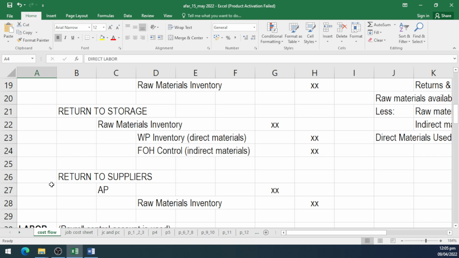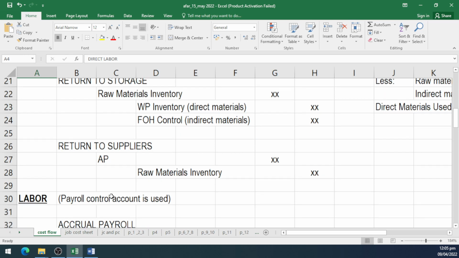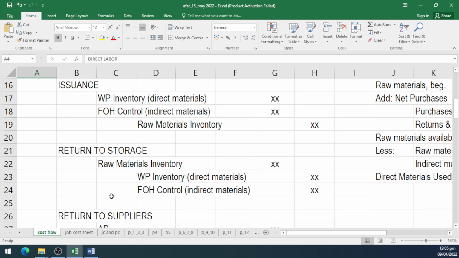And allowances, purchase returns, allowances, yan ang mga karaniwang entries na maiinkwentro ninyo pagdating sa ating